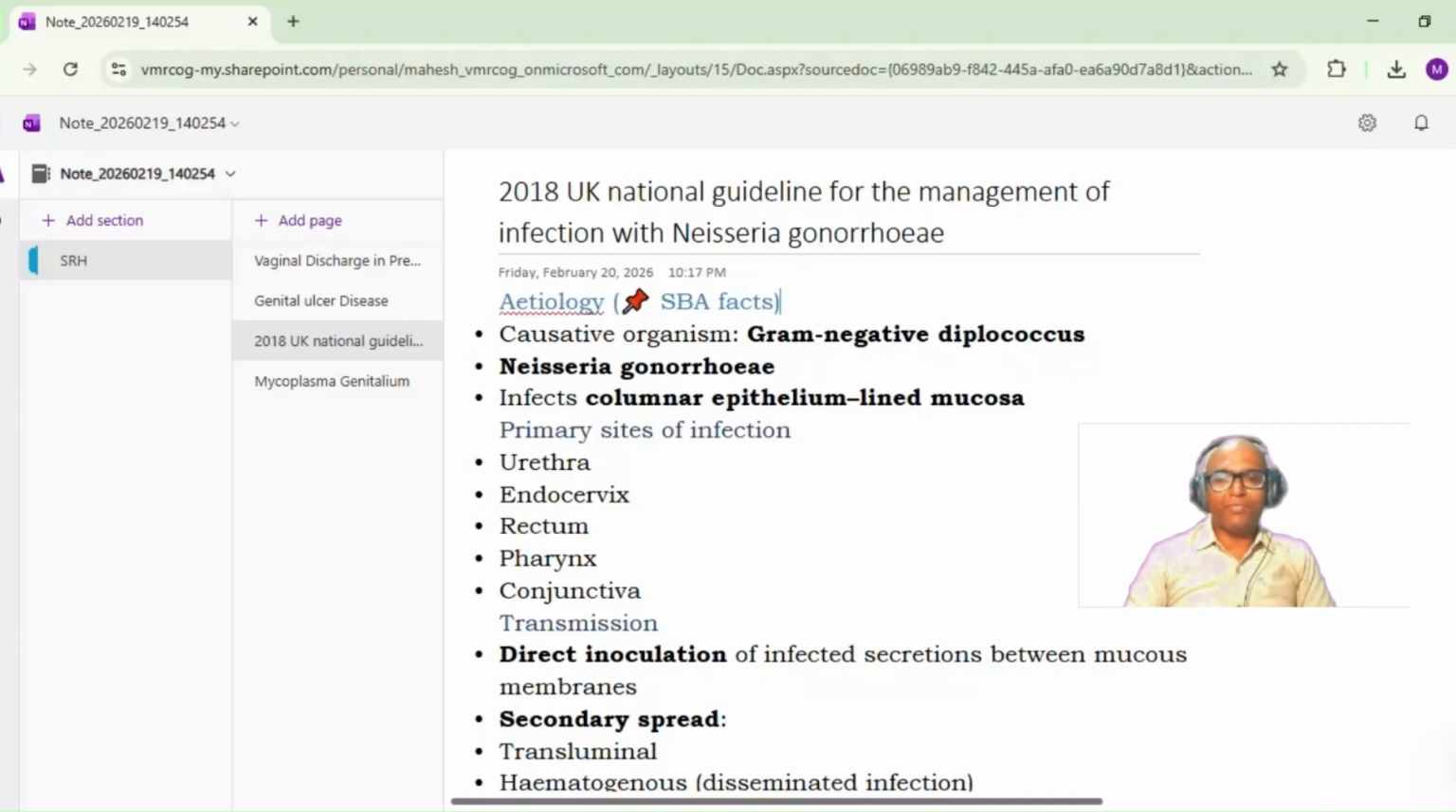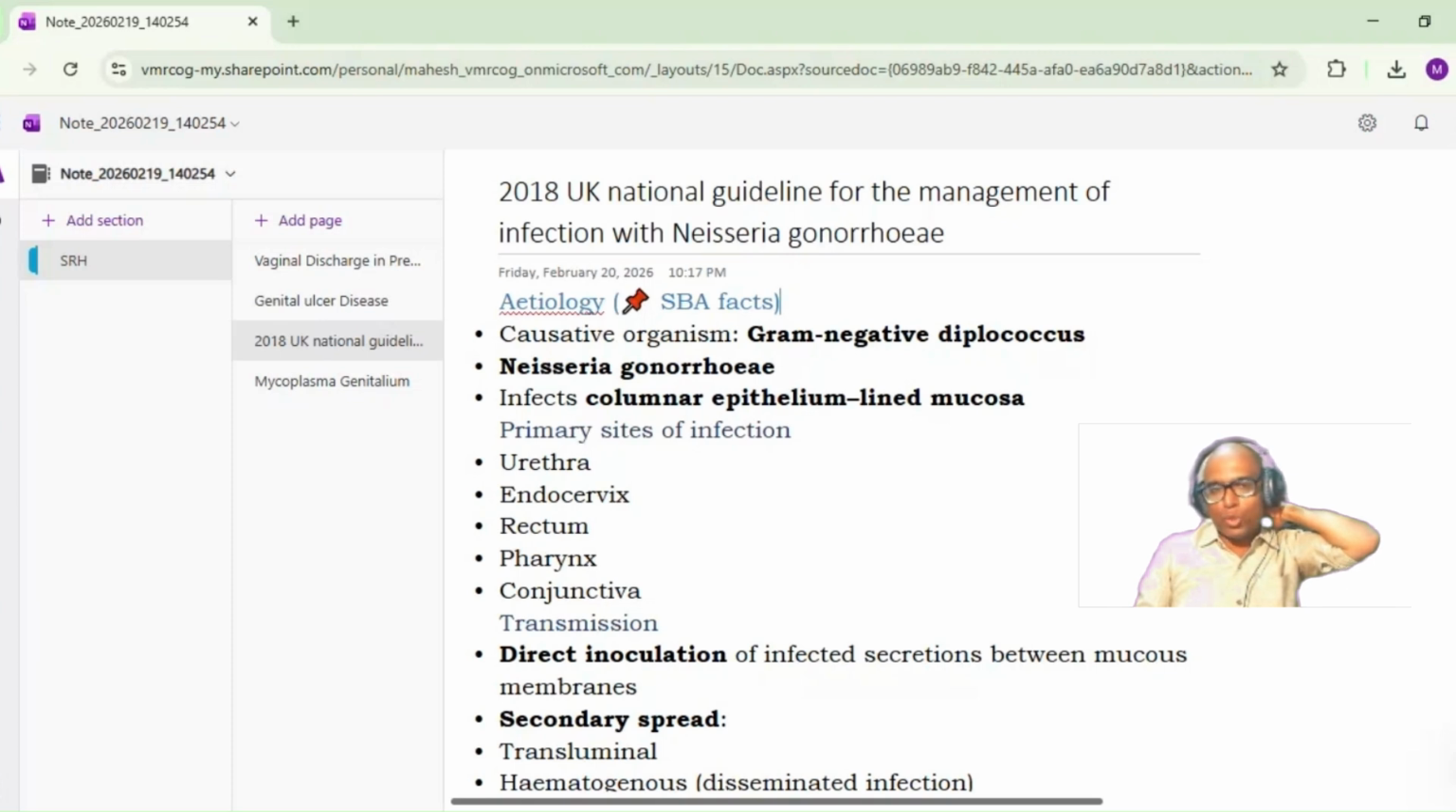We are continuing with the infection module, and today we will be starting with Neisseria gonorrhoeae. What is the causative organism? It is the gram-negative diplococcus. Most of the time it will come in the examination that this will be the hint, gram-negative diplococcus. So you think of Neisseria gonorrhoeae, and it infects the